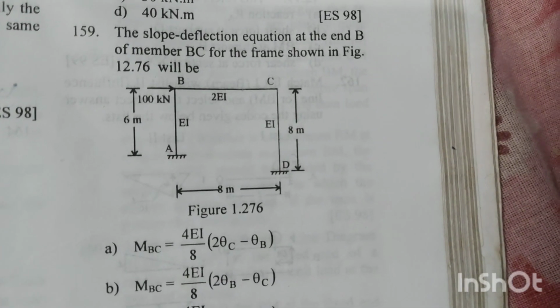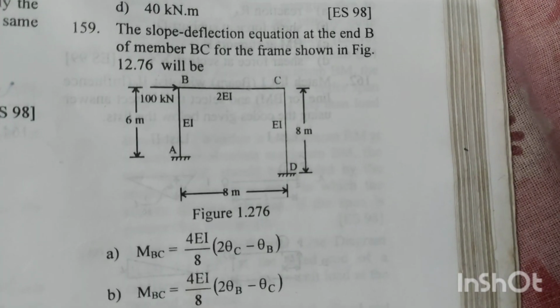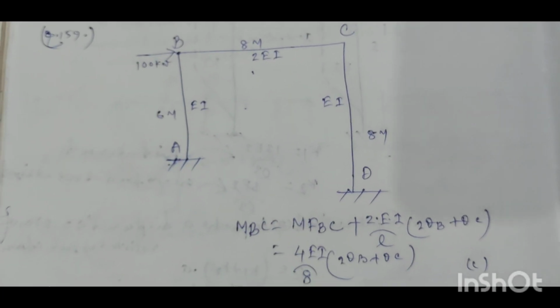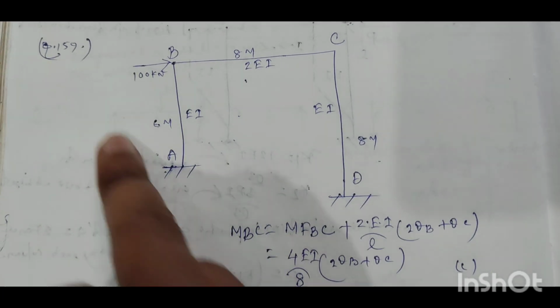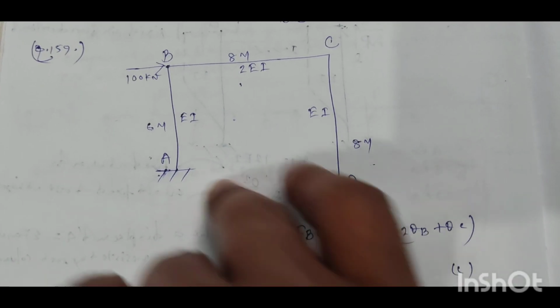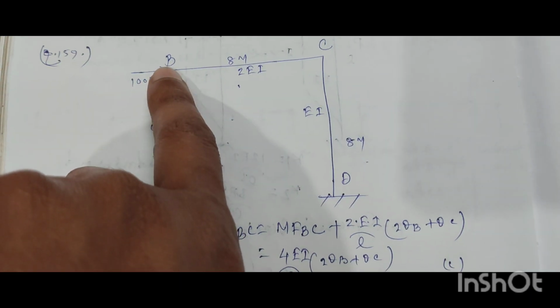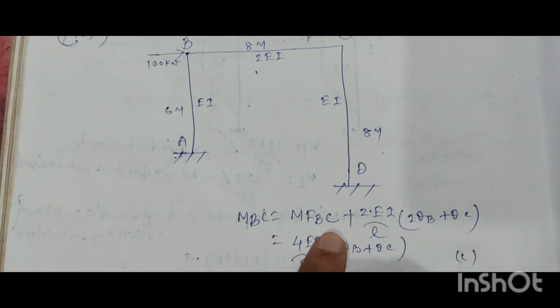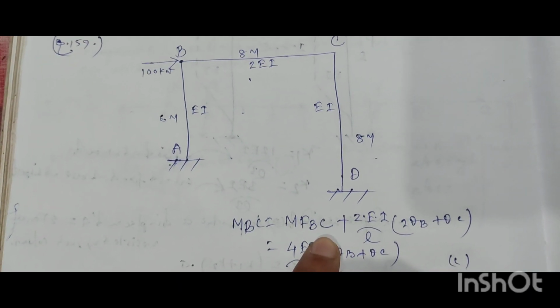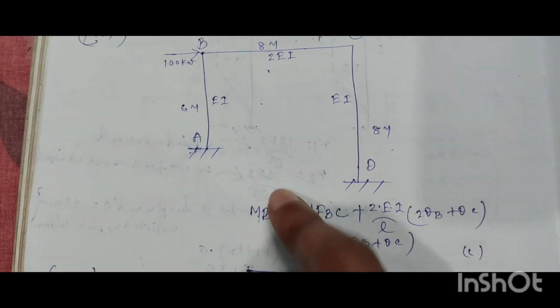159. The slope deflection equation at the end B of the member BC for the frame shown in figure 12.76 will be? This is our portal frame ABCD. Support A is fixed, support D is also a fixed support, and a horizontal loading of 100 kilonewton is acting at point B. Now we have to determine the slope deflection equation at the end B of the member BC of the frame. Okay, so MBC